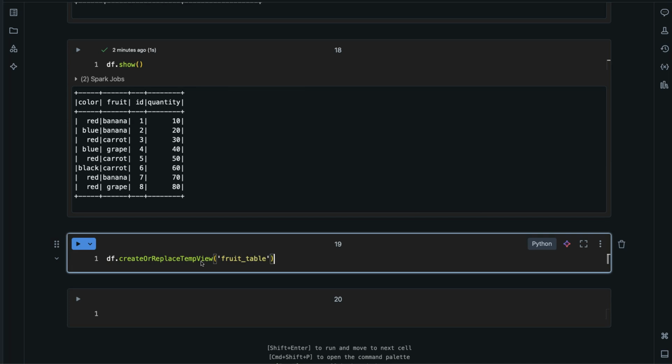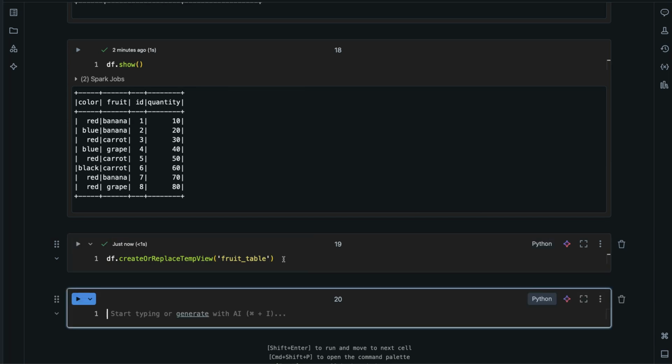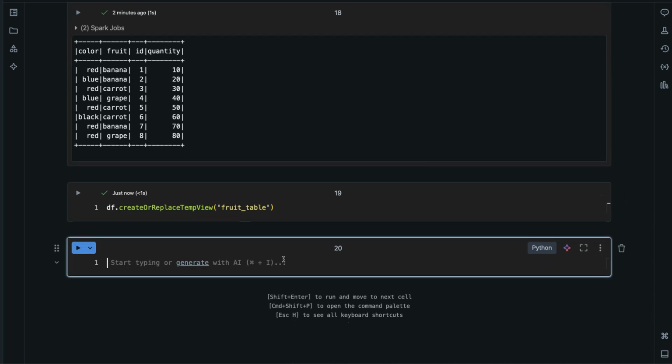So this will register this df PySpark DataFrame into a database table called fruit_table. Let's run this, and now I can use this fruit_table like your regular database table,